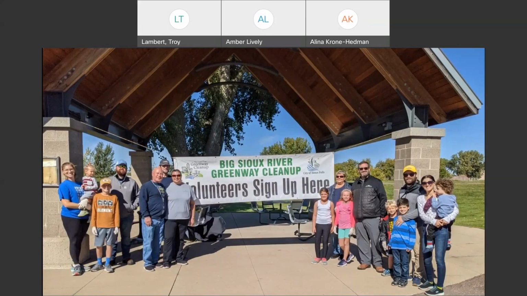This is now done in the fall. It was done in the spring at the beginning, but it was canceled a couple of years due to flooding, so we kind of shifted into the fall. We had our 6th one this year, and with these 6 events total, volunteers have picked up over 20,000 pounds of trash, debris, recycling.